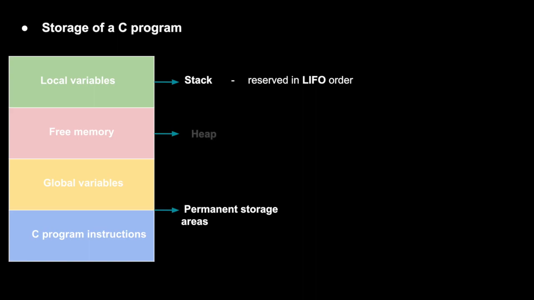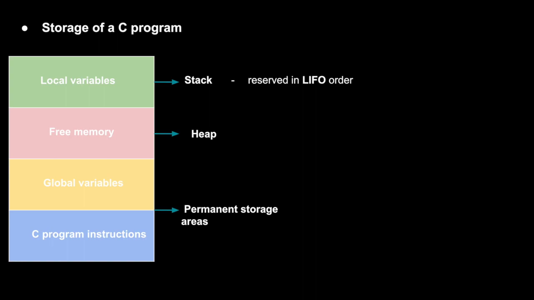Once you allocate memory on the heap, you need to remove that allocated memory by using the function free. In case you fail to do this, your program might face a problem called memory leak. So you have to keep this in mind. Since the stack contains all the local variables, the lifespan of the local variables is limited to inside the function. And once the function exits, the stack is freed by itself. But in the case of the heap, you have to free the memory space after allocating it.